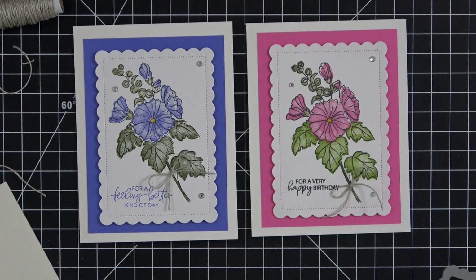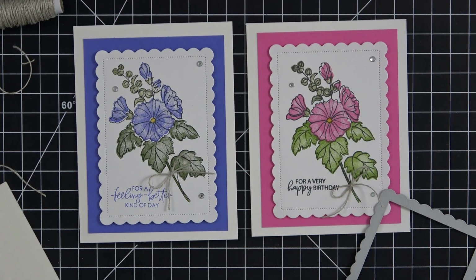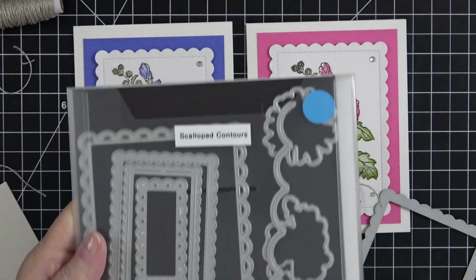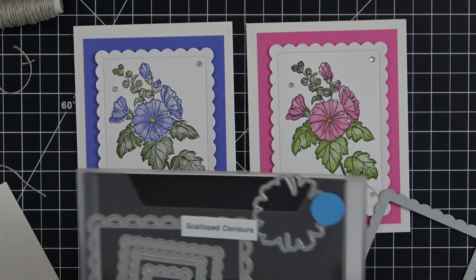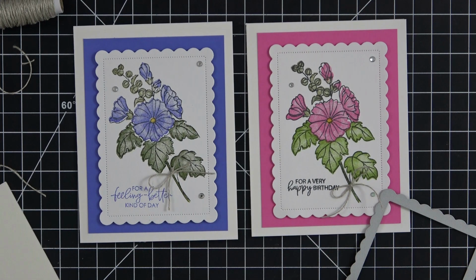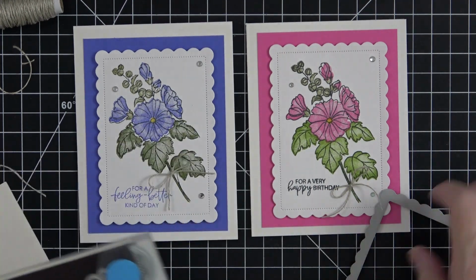And that set of dies, let me show them to you. You get 1, 2, 3, 4, 5 dies that are scalloped. You get this one piece that is just an edger where you can do a scalloped edge, which I think is so neat. And then this did come with a stamp set, and it has flowers that you could actually stamp and cut out. But this is just a standalone stamp set that you'll find yourself turning to over